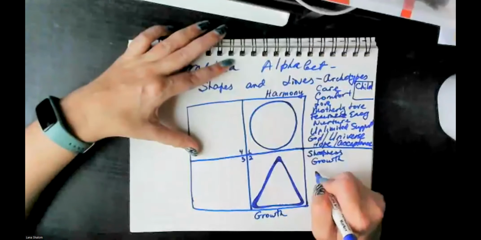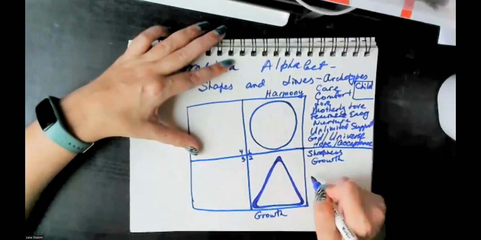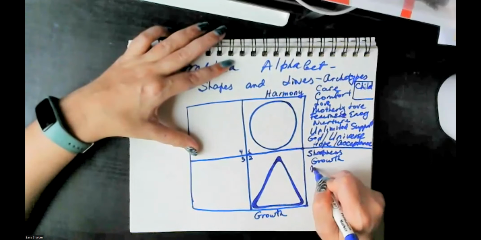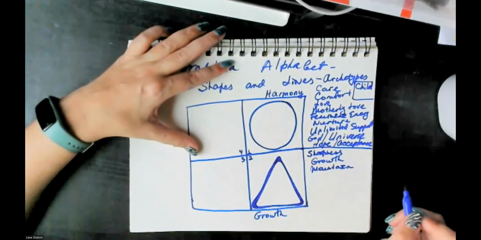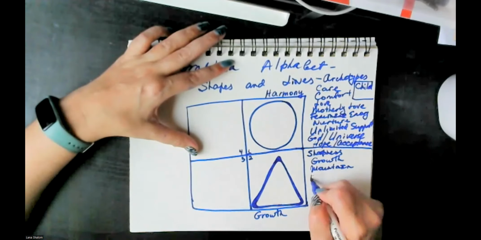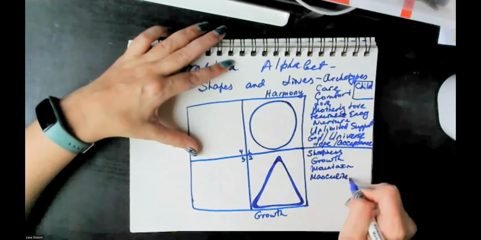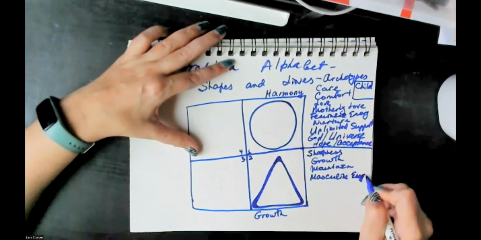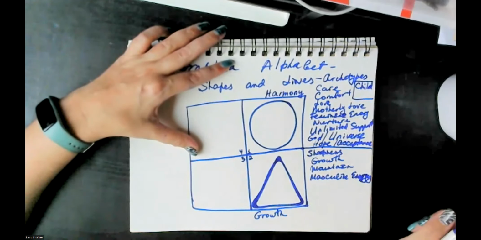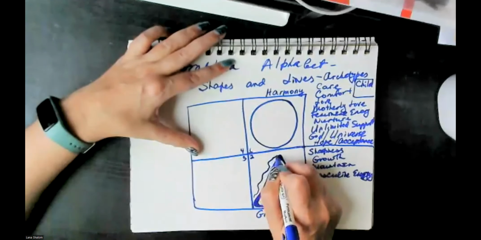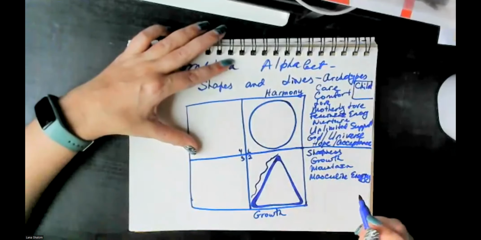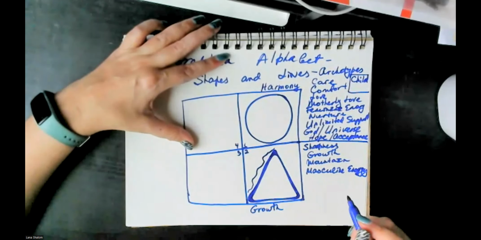What does a triangle look like? Think about it, symbol-wise. It looks like a mountain. What do we do with the mountain? We conquer the mountains. The triangle represents conquering. The triangle represents a masculine energy: conquering something, getting something, achieving something, getting to the top of the mountain. It's not easy. It takes a lot of effort, a lot of energy, a lot of perseverance. You need to do a lot.